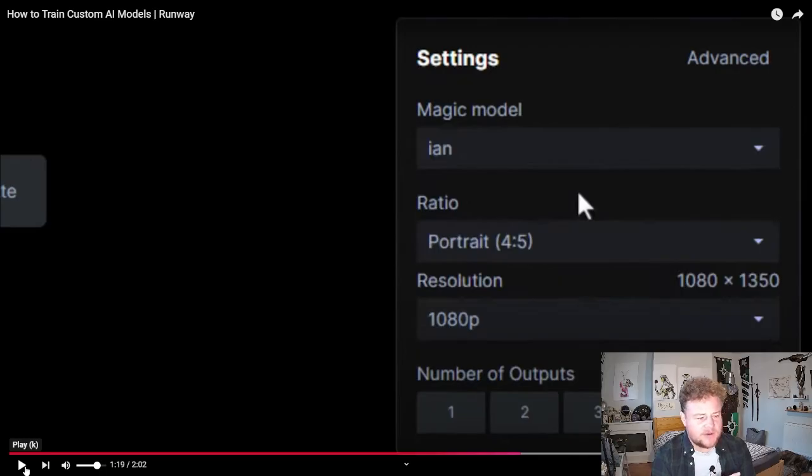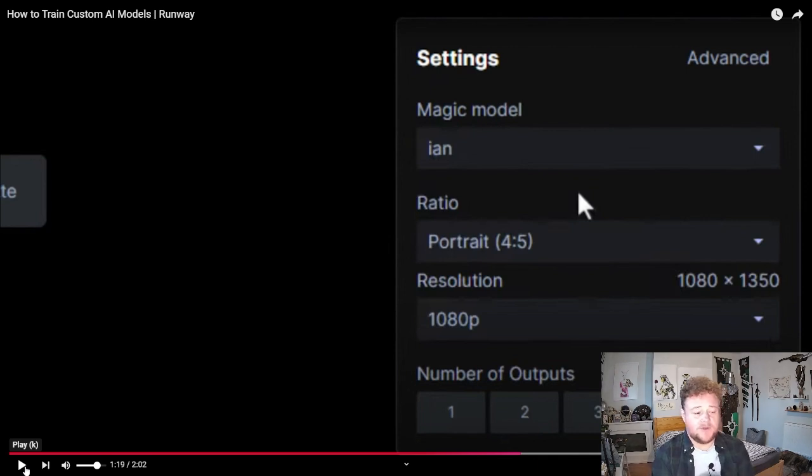Now, where this is going to be more beneficial to us is in those instances where you're trying to create a moving image that's around a single character. What happens is every time a new bit of data is being generated, so your character and the background around them, it is constantly being regenerated. So it's very hard to keep a consistent character all the way through that. So training this character model would be a way to potentially do that.